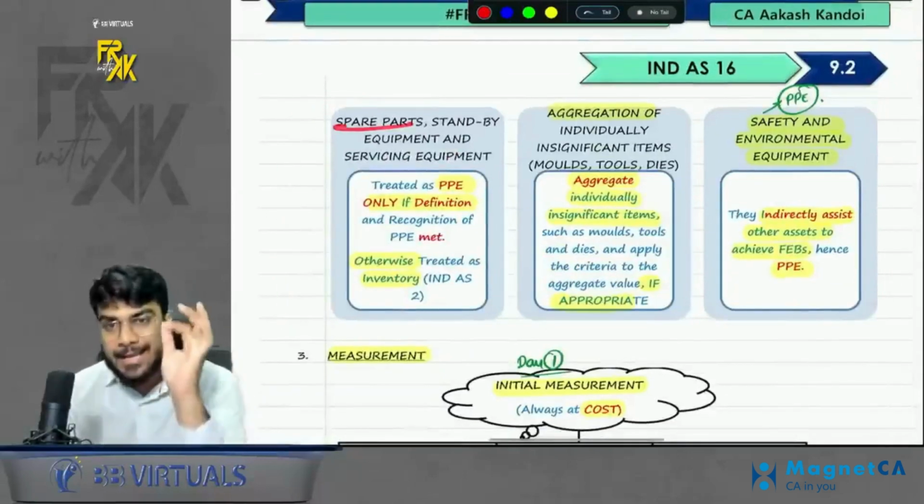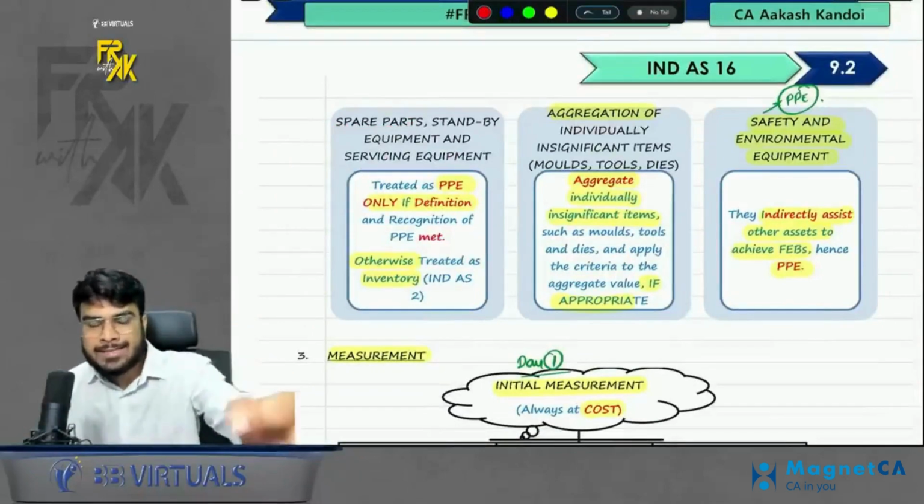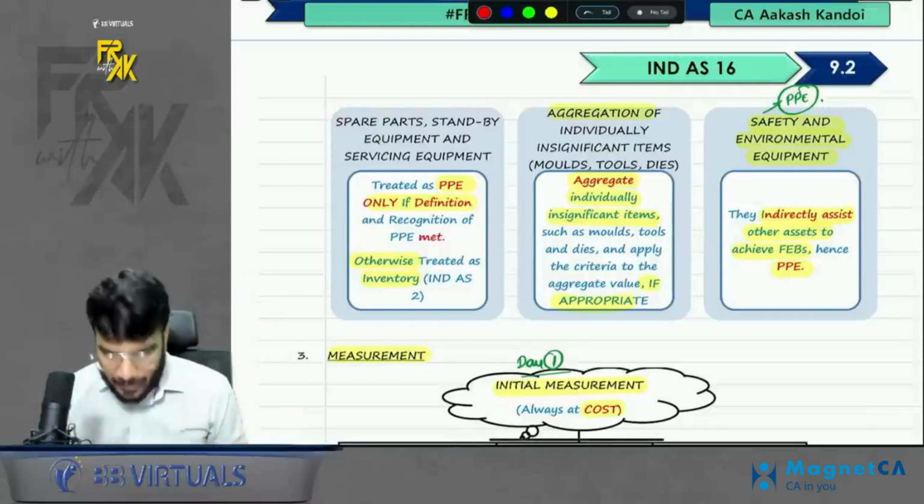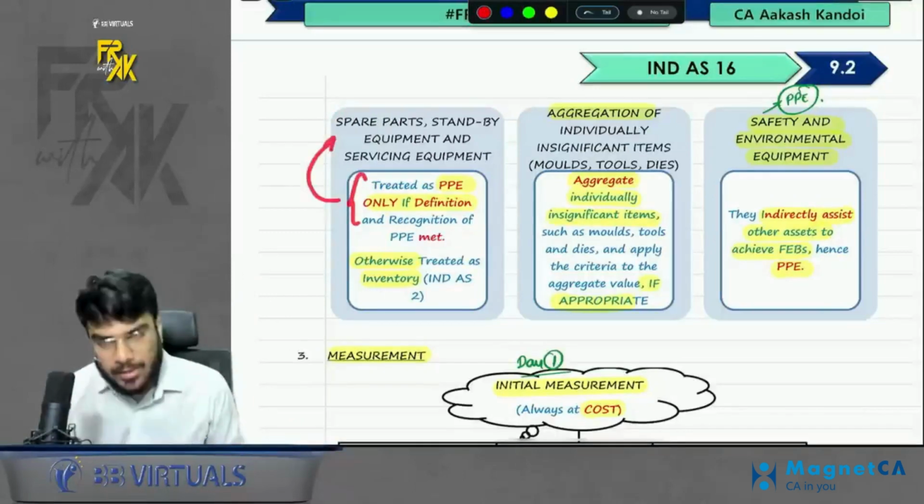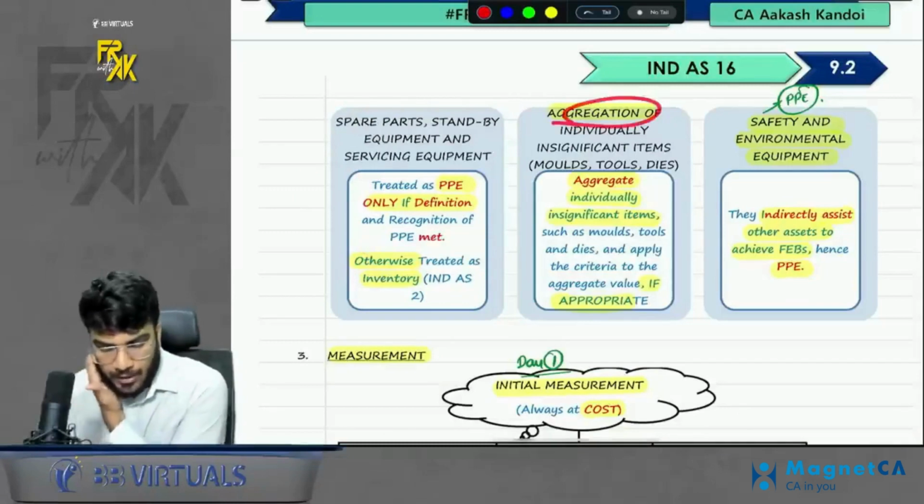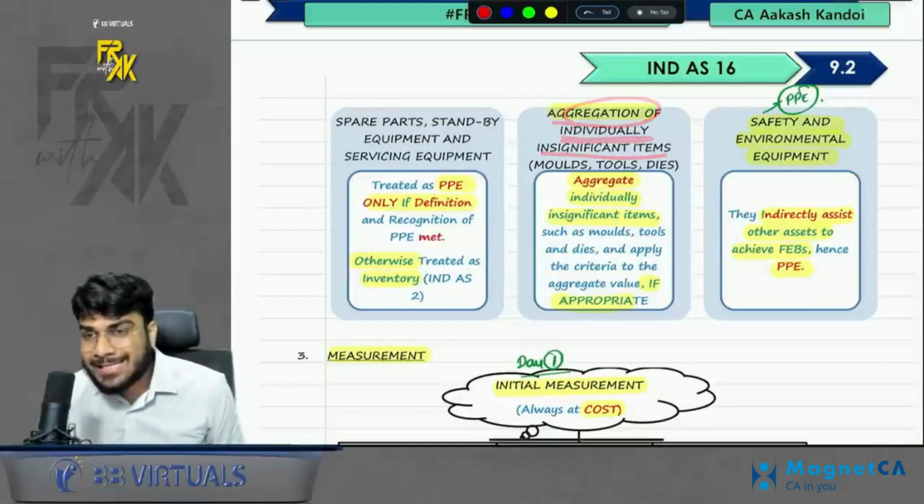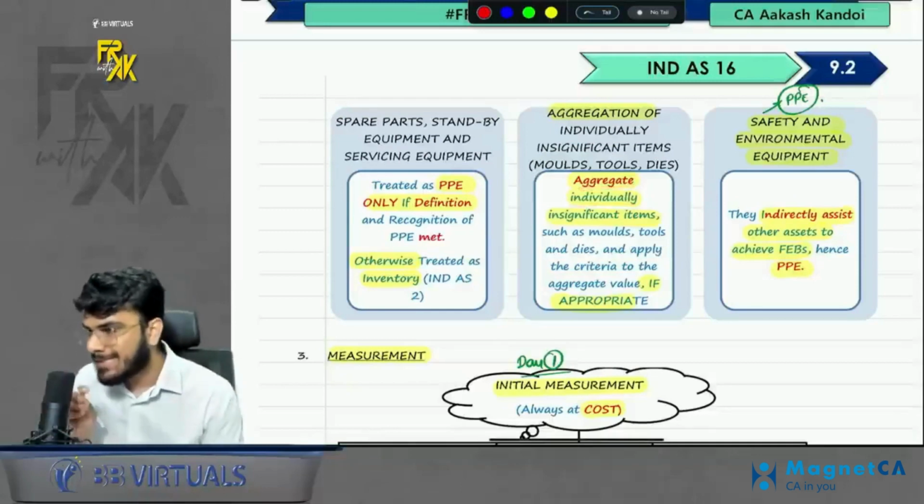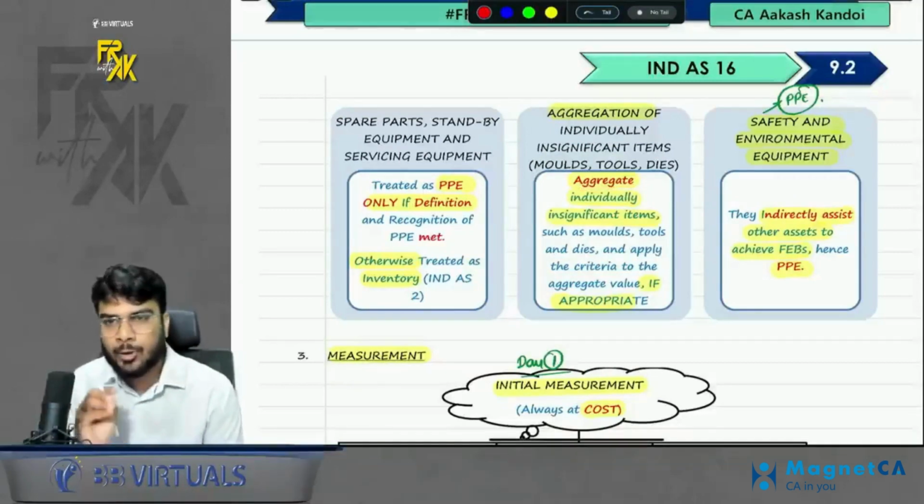So first point is spare parts, standby equipment, servicing equipment. The standard is very clear. You have to check the definition of PPE. If the definition is met for these items, you will call them PPE. Otherwise, you will classify them as inventory. Next point. Can you aggregate individually insignificant items? The answer is yes. If the items are individually insignificant, if you feel they are appropriate to be aggregated,